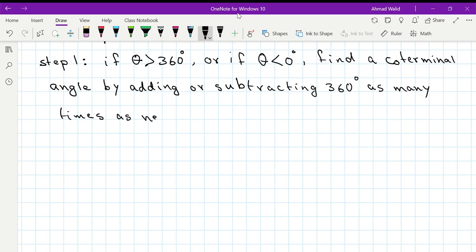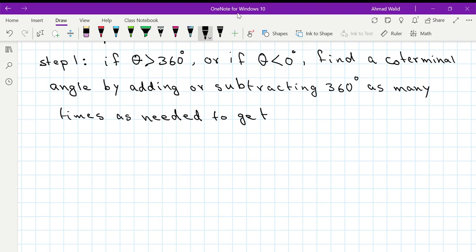Remember, in example number 2 or 3, when I did that, I subtracted 360 3 times from one. The angle was 1000 something, right? I did 3 times 360, as many as needed. Why are we doing this? To get